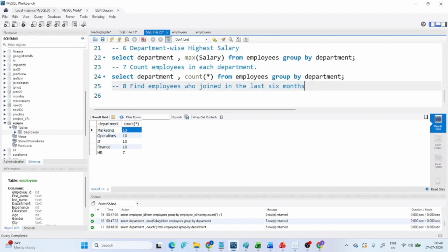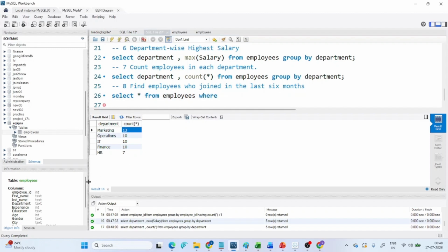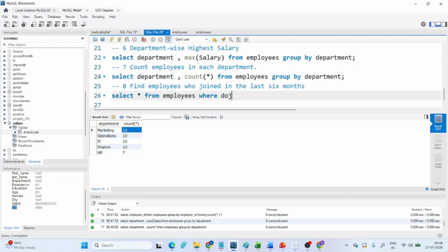That's the meaning. So to do this, we'll select all from employees where, remember there is a column called date of joining, DOJ. So we use where DOJ should be greater than or equal to